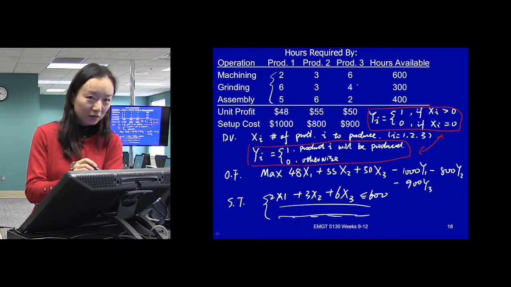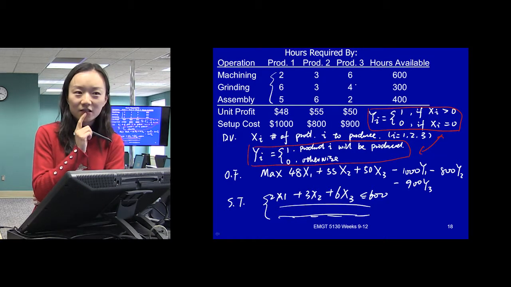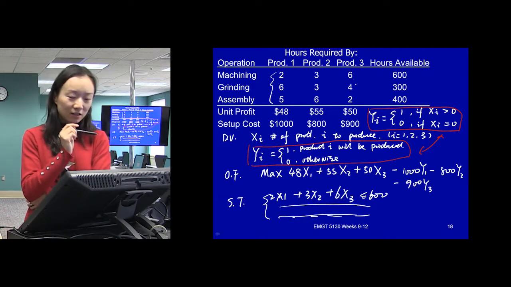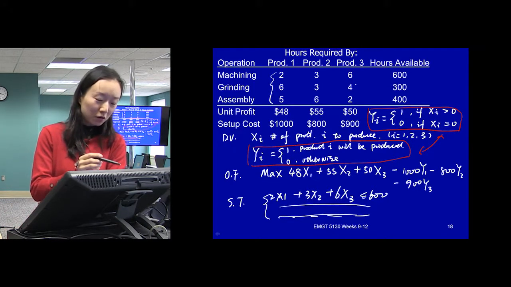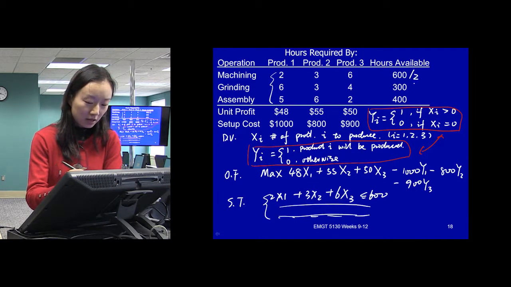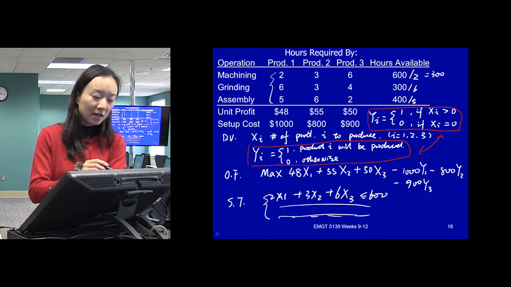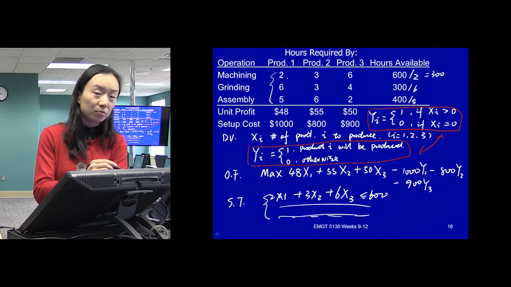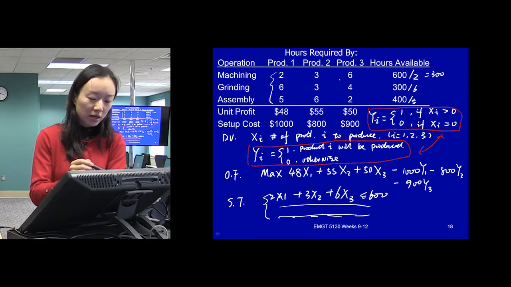Can we find out what's the maximum value x1 can go? From here you can find out, right? Divided by 2, right? Divided by 6 or divided by 5. We're doing this assuming that we just produce product 1, no product 2 or 3.